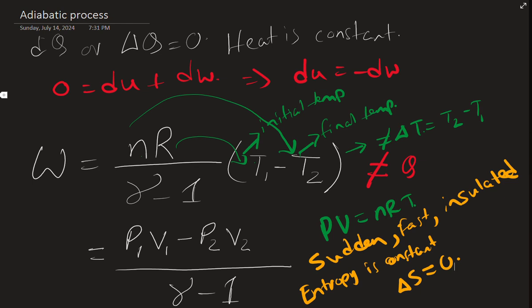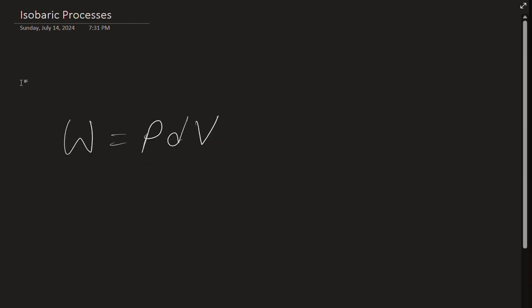Now let's move on to the isobaric process. The isobaric process is really simple. It just means the change of pressure. Iso means same, and bar, remember the unit of pressure is bar. So isobaric process means the same. Iso means same, and baric means pressure, so same pressure. That means the change of pressure is equal to 0. So constant pressure,